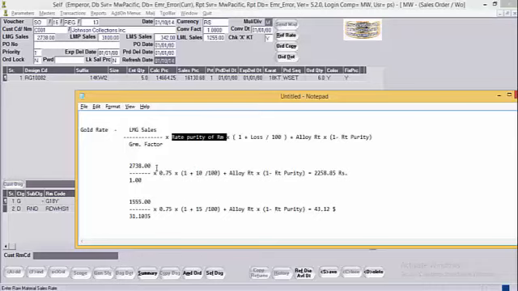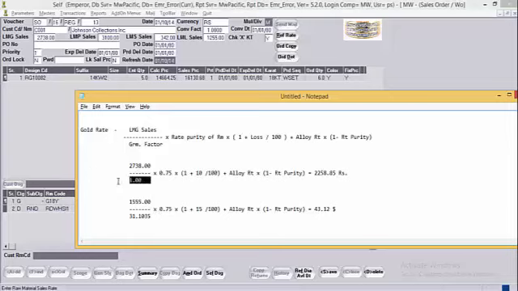In the given case, the LMG sales is 2738 divided by the gram factor, that is 1. Mostly in the case of rupees, the LMG is defined as per gram.